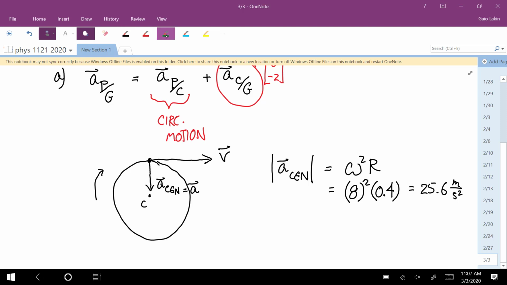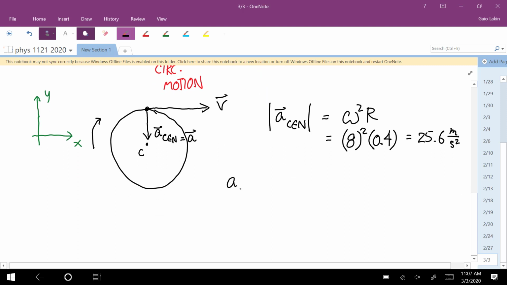And now it depends what coordinate system you're using. There's no reason to use anything funny here though, so I'll just use this one. So that means that the centripetal acceleration is in the negative y direction. And so that's 0, negative 25.6 meters per second squared. And since there's no tangential, that's also the total acceleration. So that's the answer for part